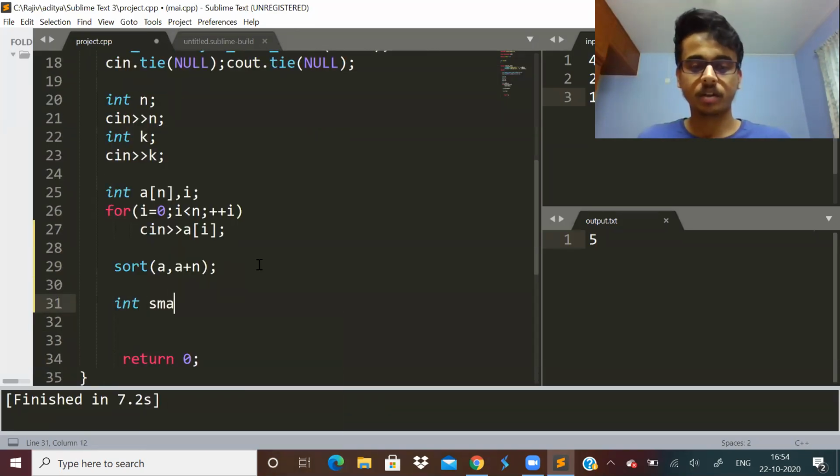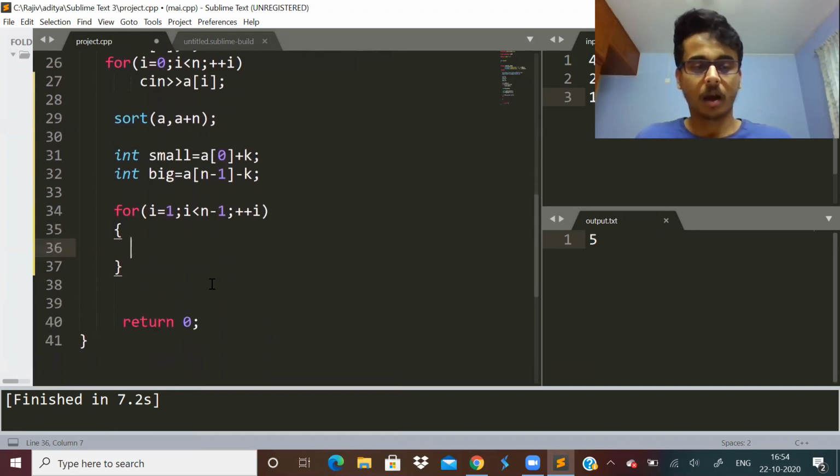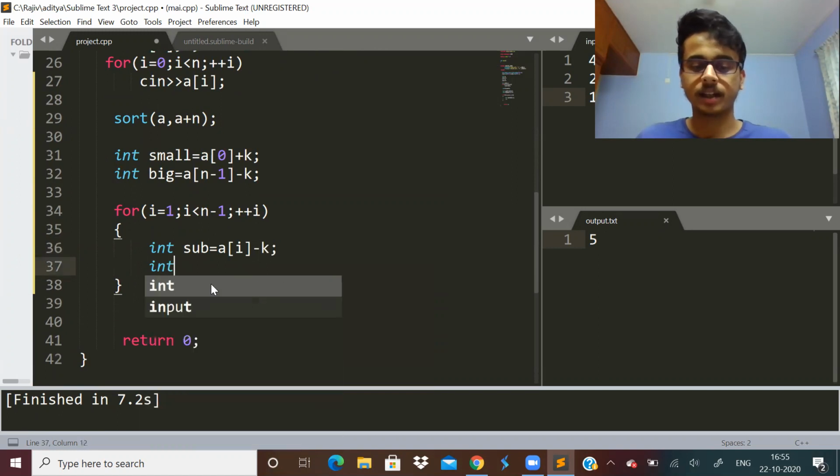Let us take a variable called small. Small will be equal to a of 0 plus k. And a variable big will be a of n minus 1 minus k. Then let us run a loop from i equal to 1 to n minus 1. Let us say int sub is equal to a of i minus k, int add is equal to a of i plus k.